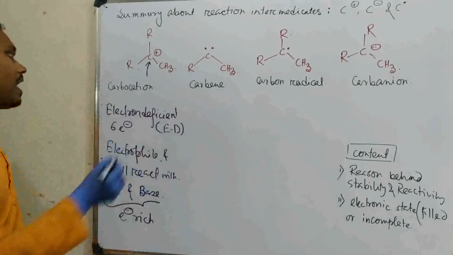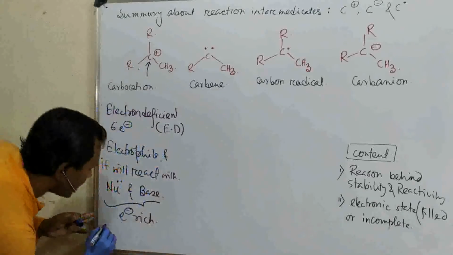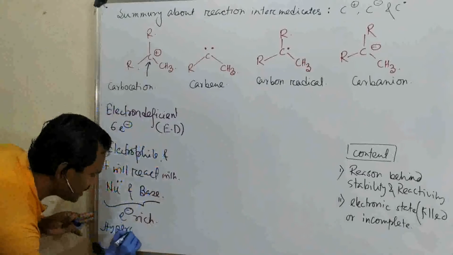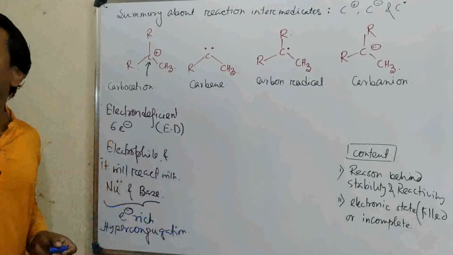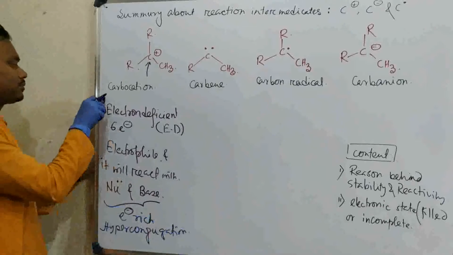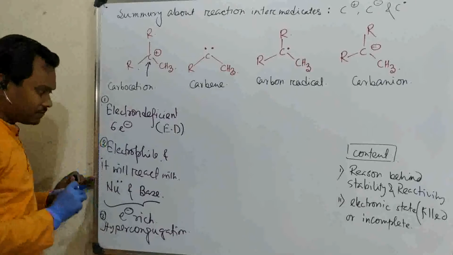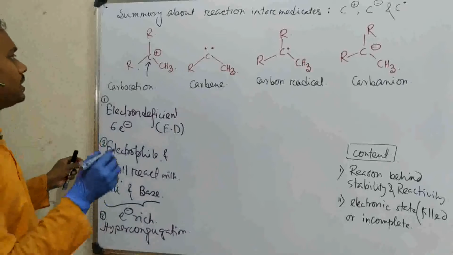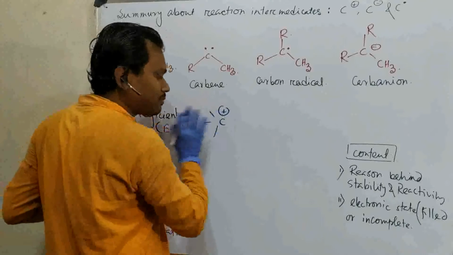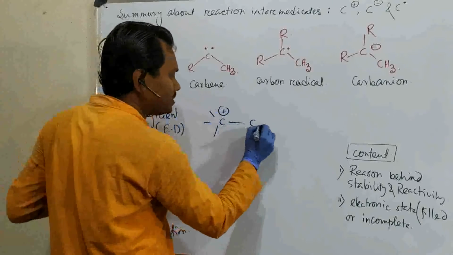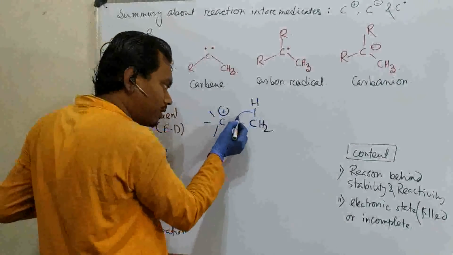Okay. Now the question: how is this carbocation stabilized? Carbocations are stabilized by hyperconjugation. What is that? If we want to write this point by point, point number 1 is electron deficient, second is electrophilic, third is that it is stabilized through hyperconjugation. What does hyperconjugation mean? See, this is a carbon having a plus charge. I am not considering the substitution here. Attached to a methyl group, meaning CH3, there is this hydrogen. What can happen is that this bond can come here.